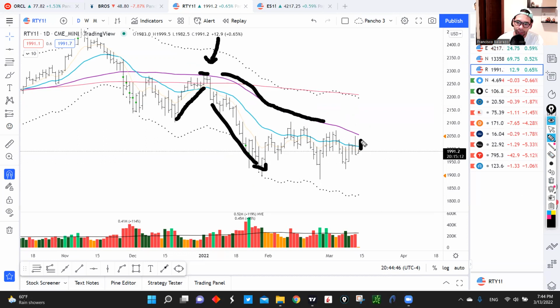If we happen to rally at the beginning of the week, have your alerts ready. I think there's a high probability that we are going to test this 50 daily moving average, and then we're going to find some sellers, and this will probably continue to move to the downside.